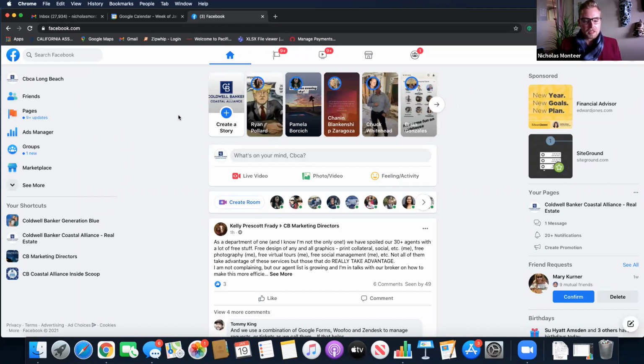So let's go back to Facebook, because a lot of you will get into your Facebook and you'll just see this kind of a page and you'll wonder where you need to go. For most of you, you're not going to see Ads Manager. What you're looking for is your Ads Manager. That's the first note to keep in mind. You don't want the Ads Center. You want the Ads Manager. Huge difference. Ads Manager gives you a lot more creative freedom. Ads Center is kind of a lightweight version, like drinking a Diet Coke instead of a Coke.